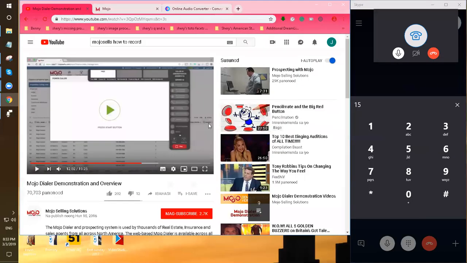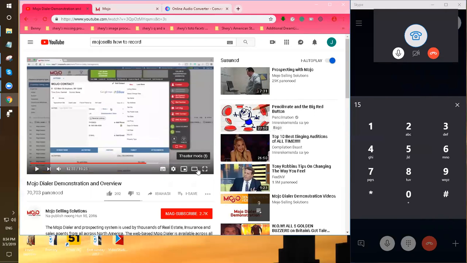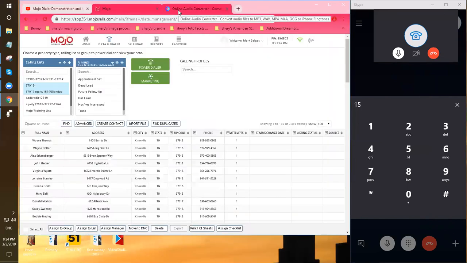So what happens on Mojo is it will simultaneously dial 3 numbers at the same time and ring those numbers. If nobody answers after 5 rings, Mojo will pick another number randomly to dial again, until either the voicemail catches you or somebody picks up the phone, and then you do the spiel. Then you do the disposition. Those three boxes at the top are the numbers that Mojo is currently dialing